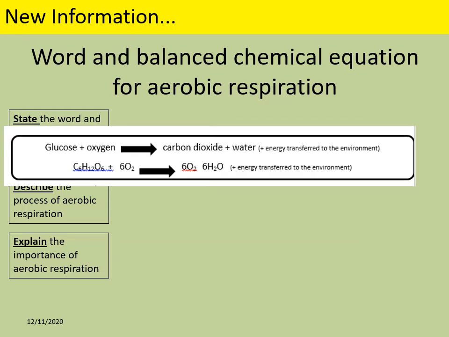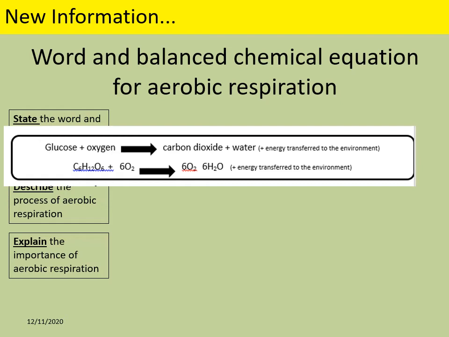This has come directly from your workbook, and you do need to know the word and the full balanced equations. Now, those of you might recognise that this is the same equation for photosynthesis, but backwards. So for respiration, it's glucose plus oxygen goes to carbon dioxide and water, and then the energy that we need. The balanced equation is